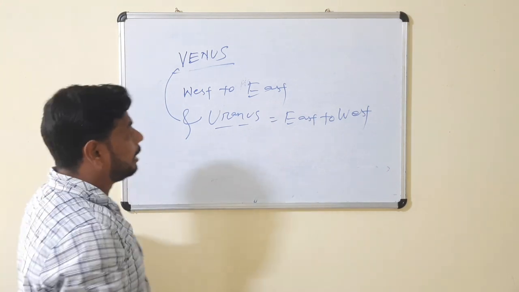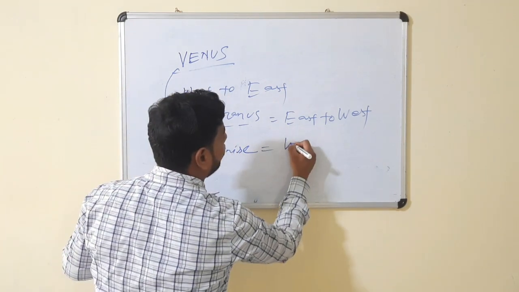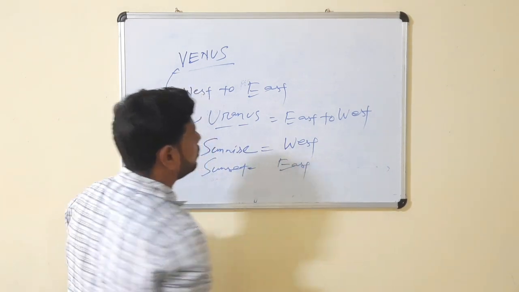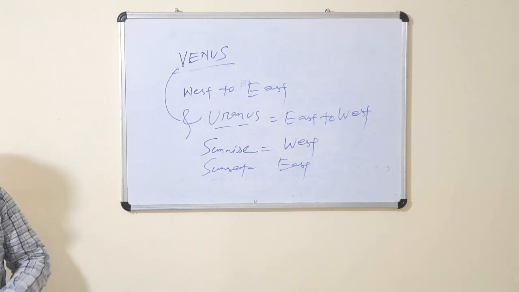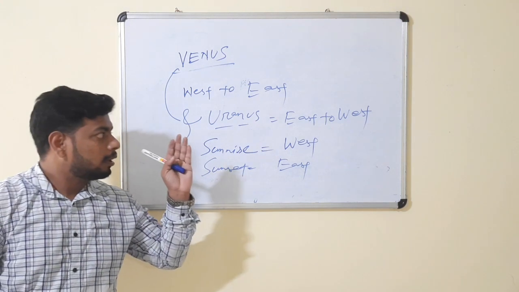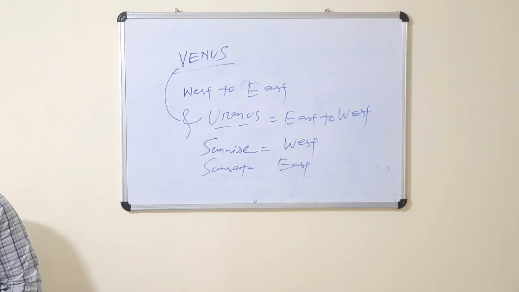What is its impact? It means that the sun rises in the west on Venus and Uranus, and the sun sets in the east. So please note it, guys. Venus rotates from east to west, which means it rotates clockwise. This is also called retrograde or backward rotation. Okay. Next,